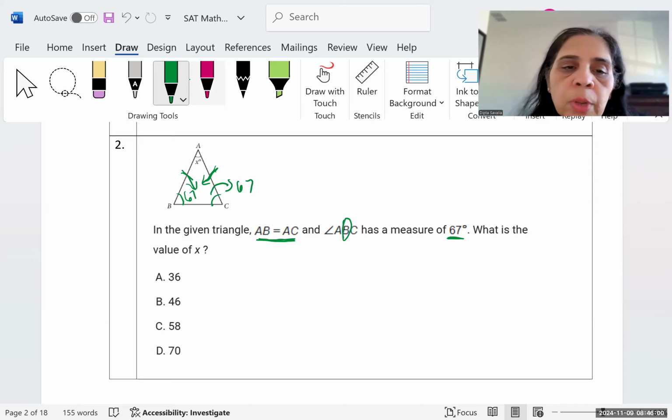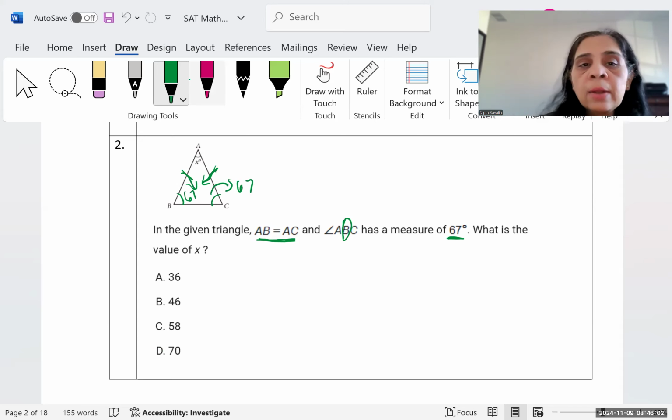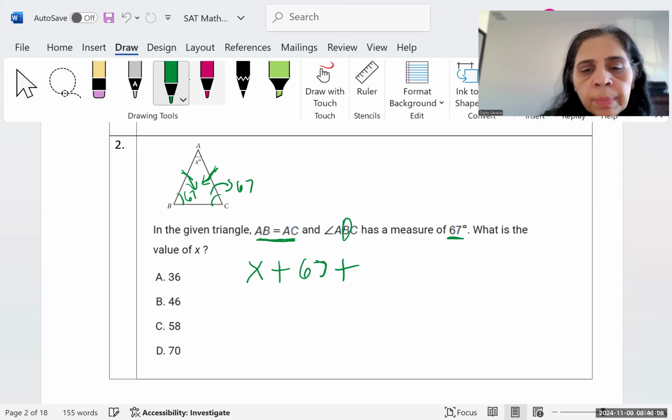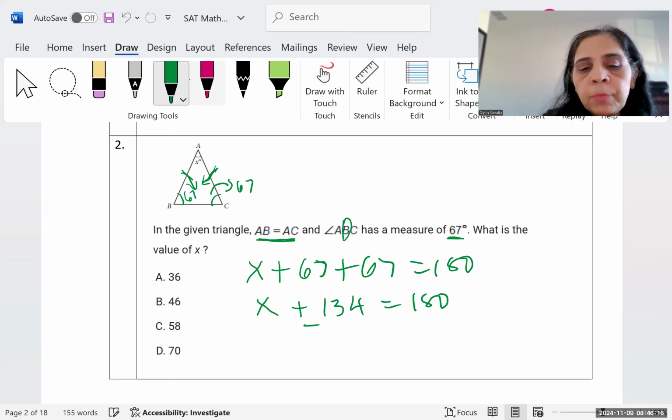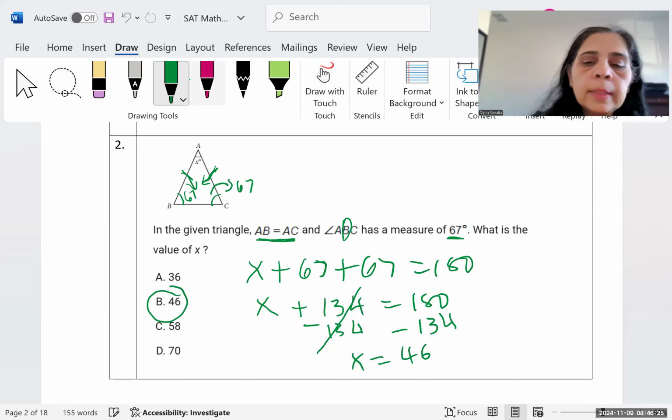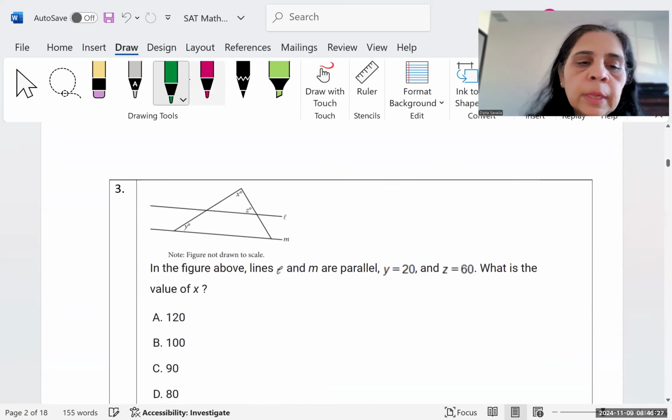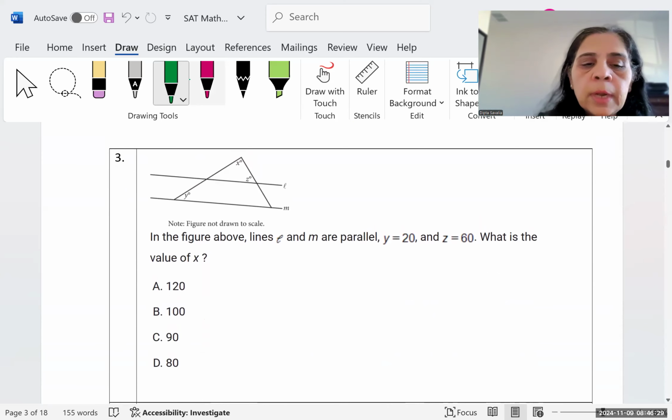Now what we knew about triangle angle. Triangle angle sum is always 180. So we can make an equation here. x plus 67 plus 67 equal 180. 67 plus 67 is 134. And then we subtract 134 from both sides. So we can see x equal 46. And that's it. Number 3, we have given is triangle,